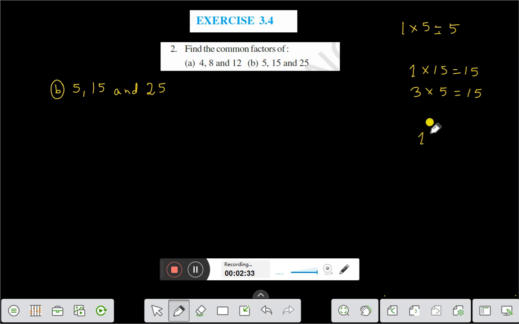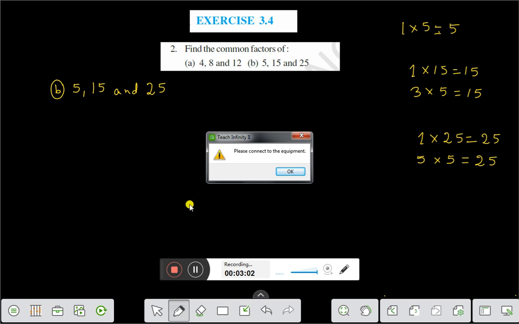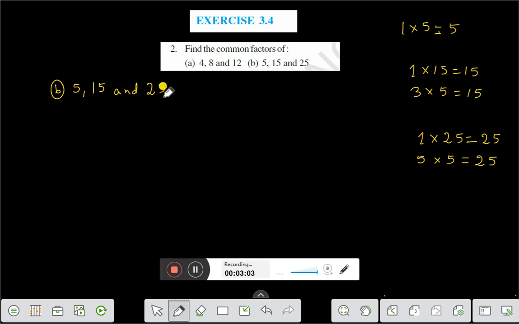1 into 25 is equal to 25, and 5 into 5 is equal to 25. Now we'll find, therefore, factors of 5 are